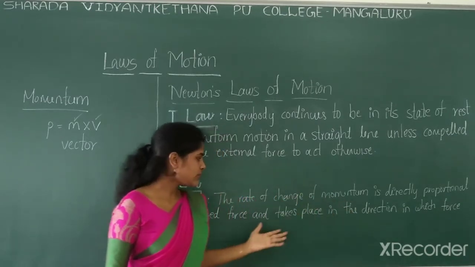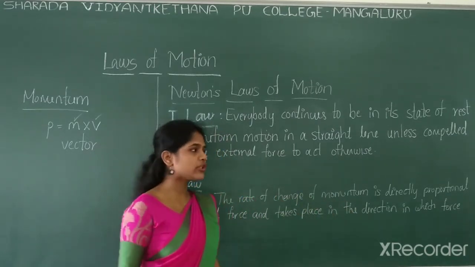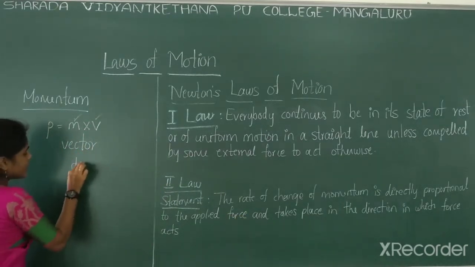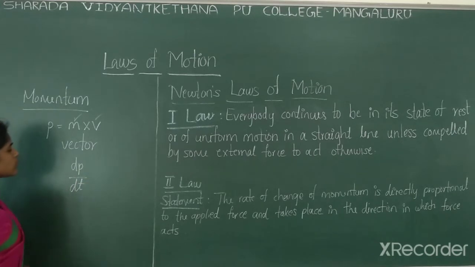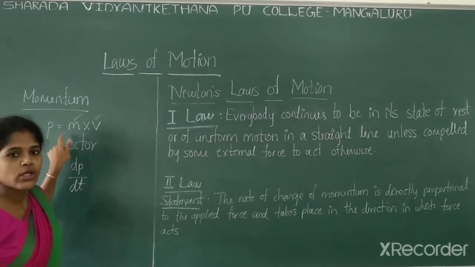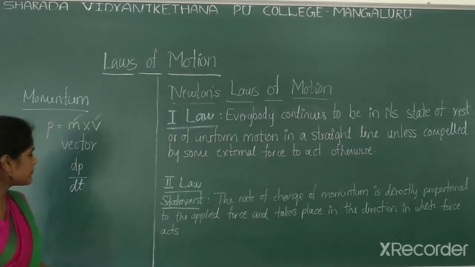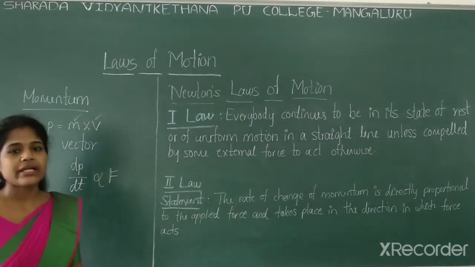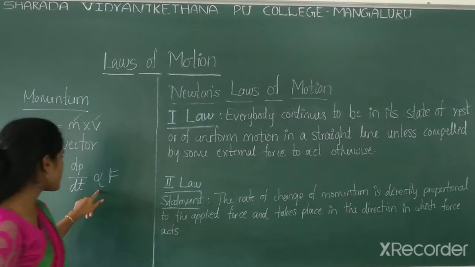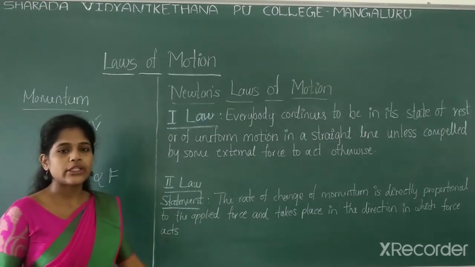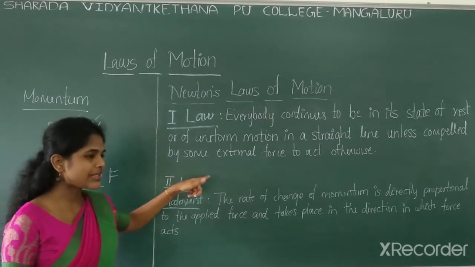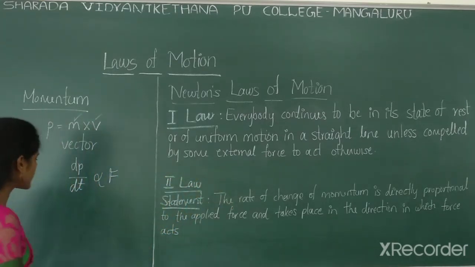So from this we can tell the rate of change of momentum. What is that rate of change of momentum? It is dp divided by dt. We know that p is nothing but momentum. So dp divided by dt is directly proportional to the applied force, or F is directly proportional to the rate of change of momentum. So in Newton's second law of motion, we have one more derivation, that is